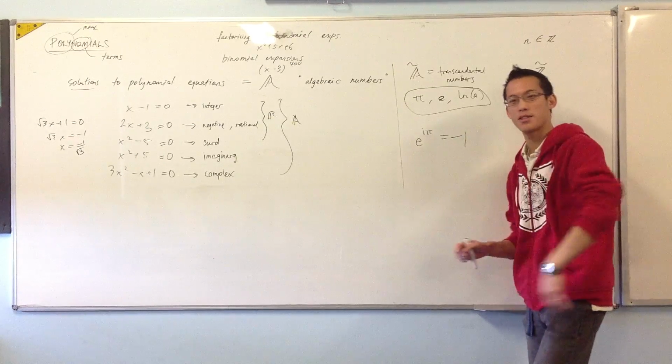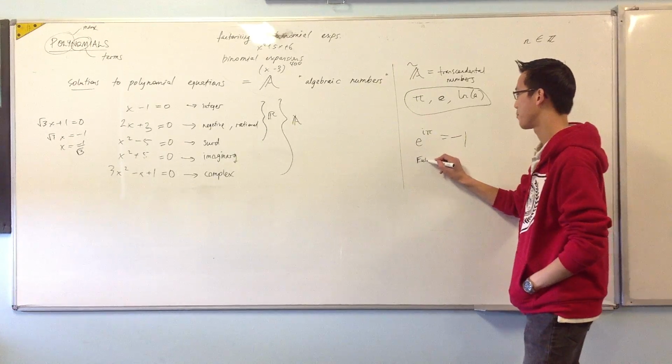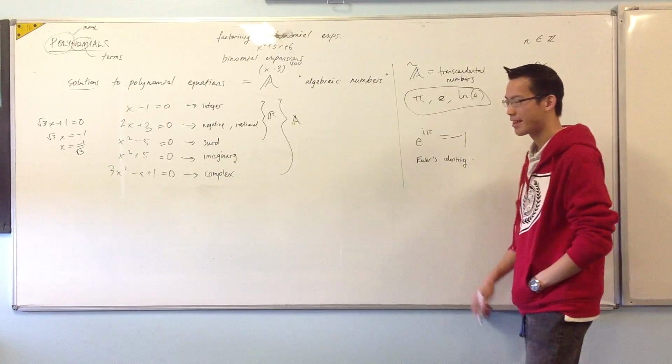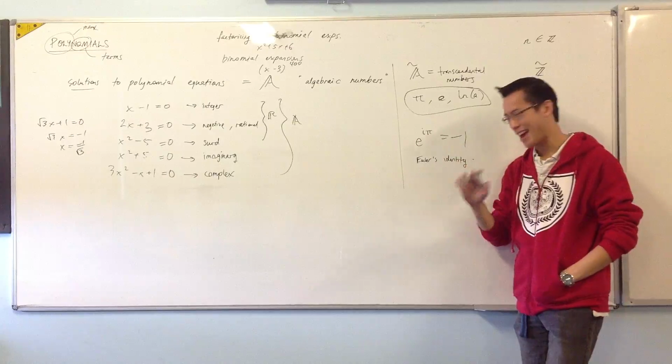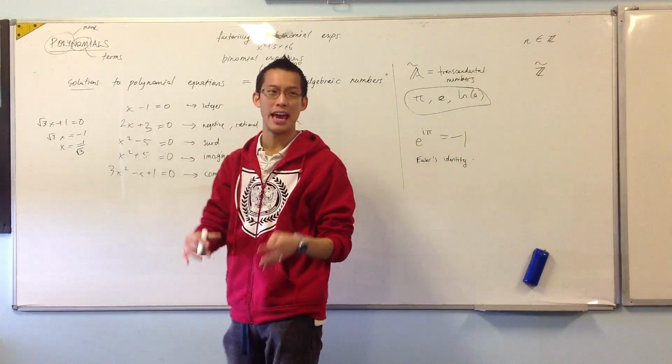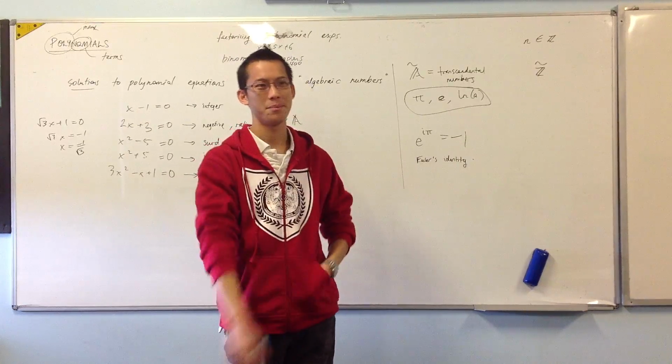Now, I could explain the geometry of this. If you're curious, you can go look up Euler's identity. That's the name of this equation. But it's weird, isn't it? Anyway, that's an aside. These are the kinds of numbers and expressions that we're going to deal with. If you have x minus